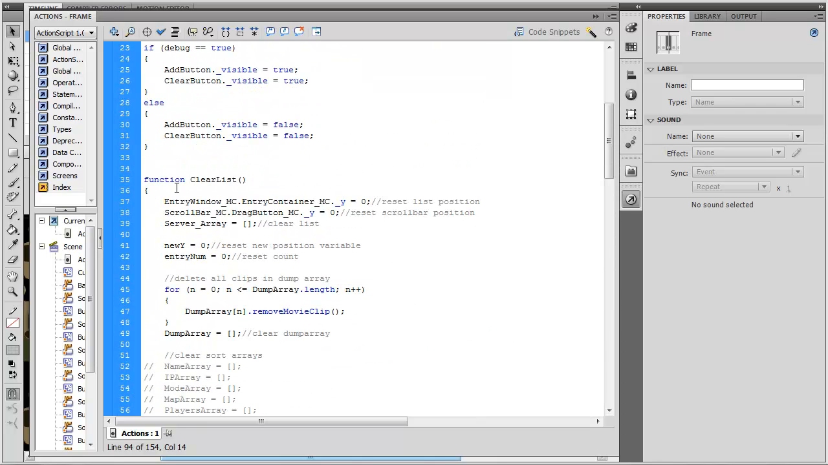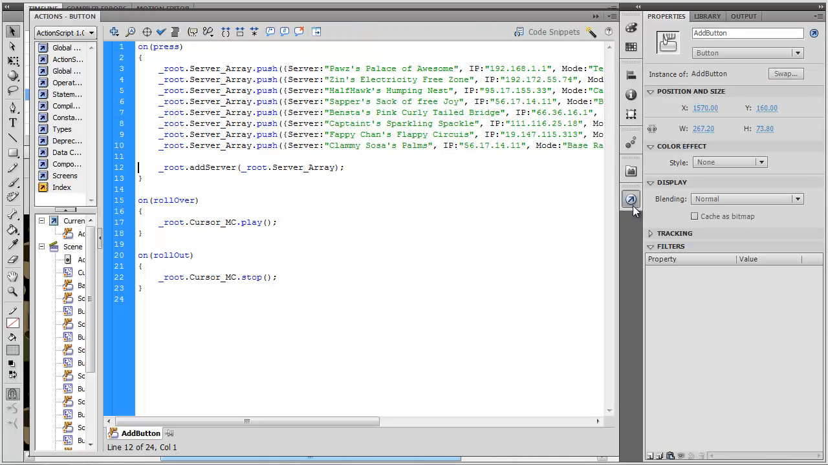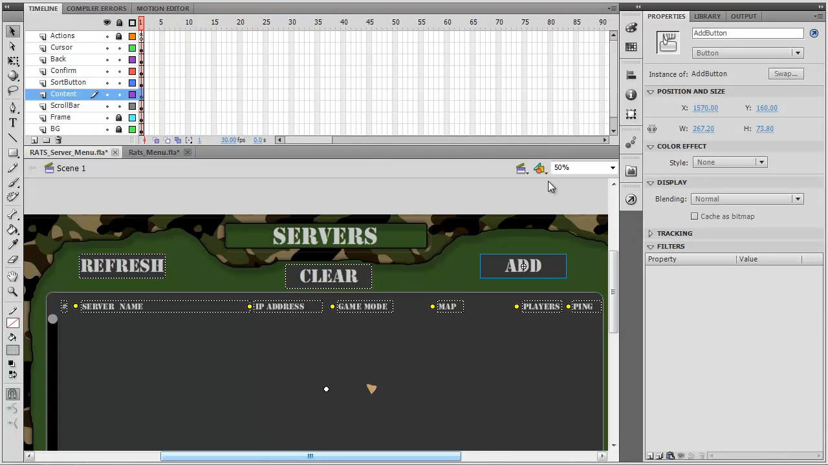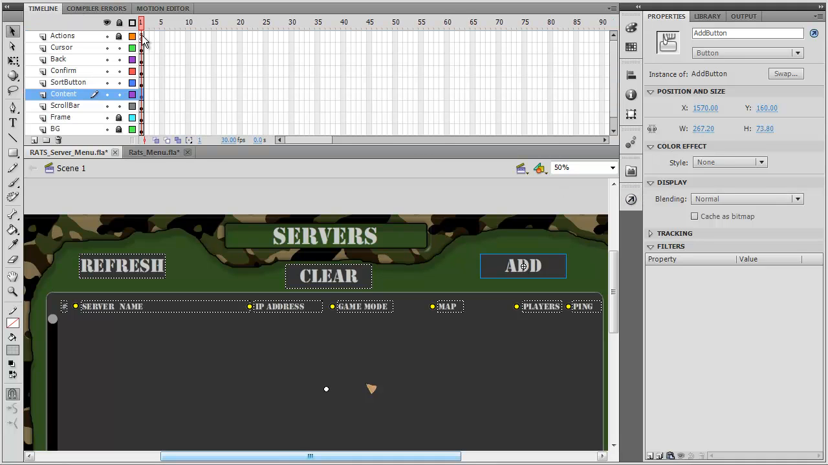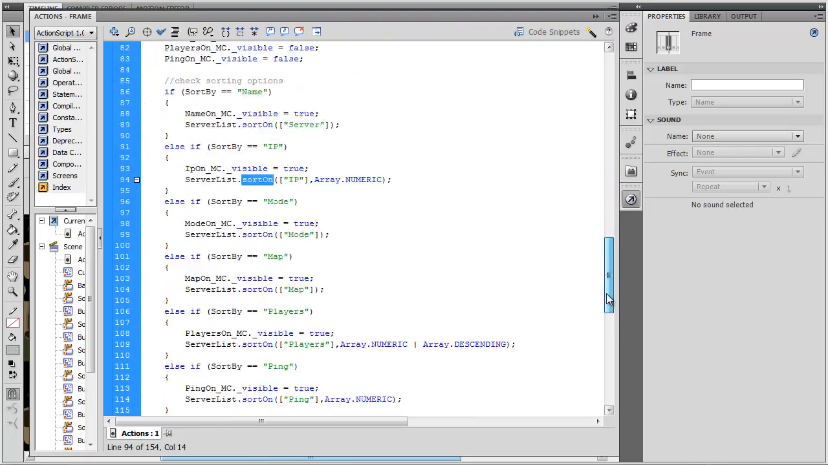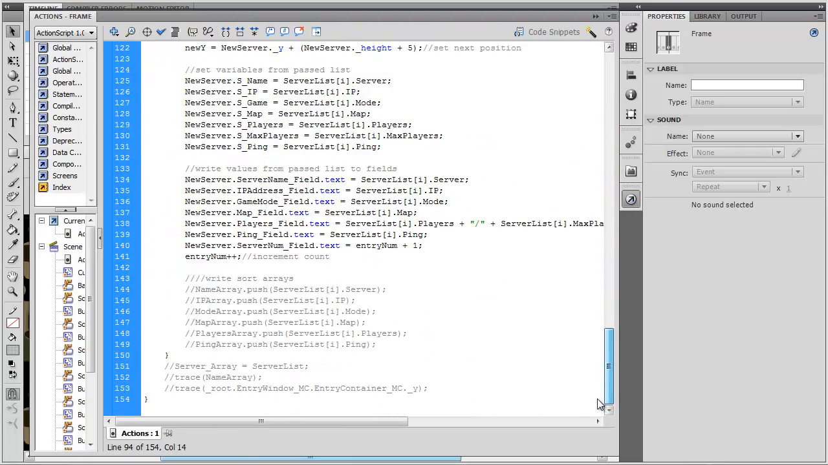Is that here? No, is that on this guy? Sometimes the compile errors can be kind of hard to find because it says scene 1, actions, frame 1, line 36, and 154. It doesn't actually tell you where. So if I look at frame 154,